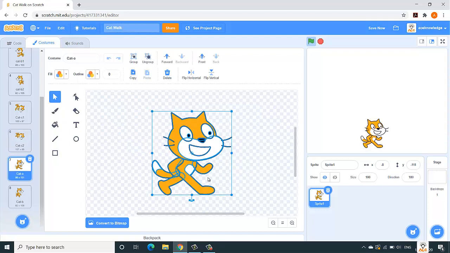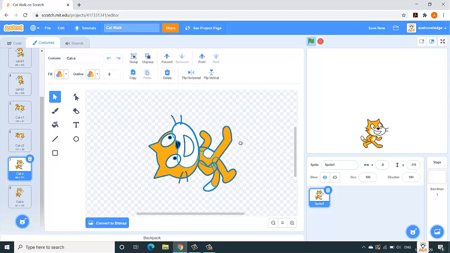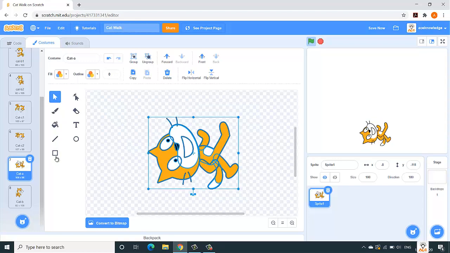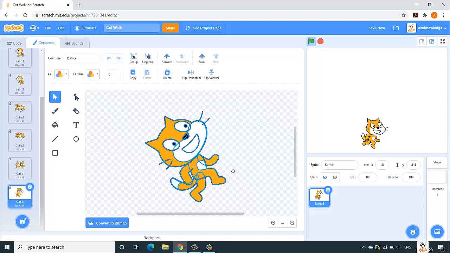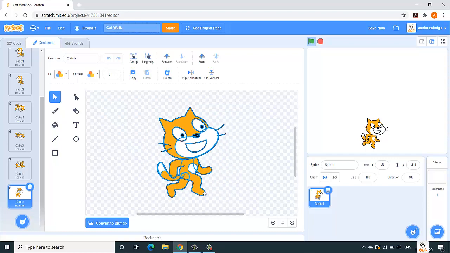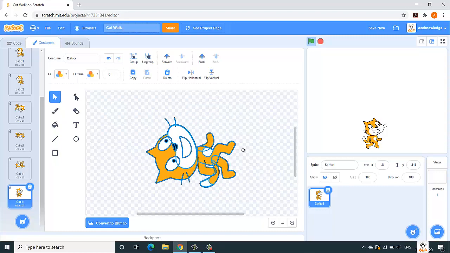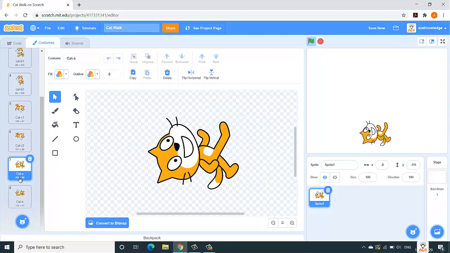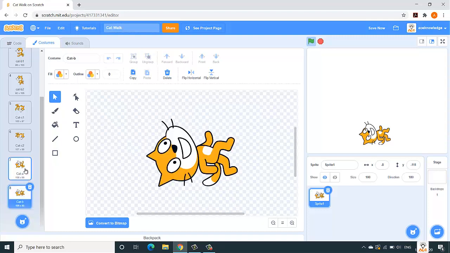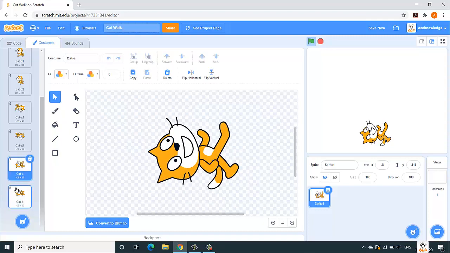Control A, and we want to move it upwards, right? So we'll flip this in this way. Again select the second image, Control A, and flip this. See here you have an arrow. Okay, two arrows, you can see a double arrow. Take your cursor there, you will get a hand kind of icon. Press your mouse and move it. See, on the stage you can see it will move in the upward direction.